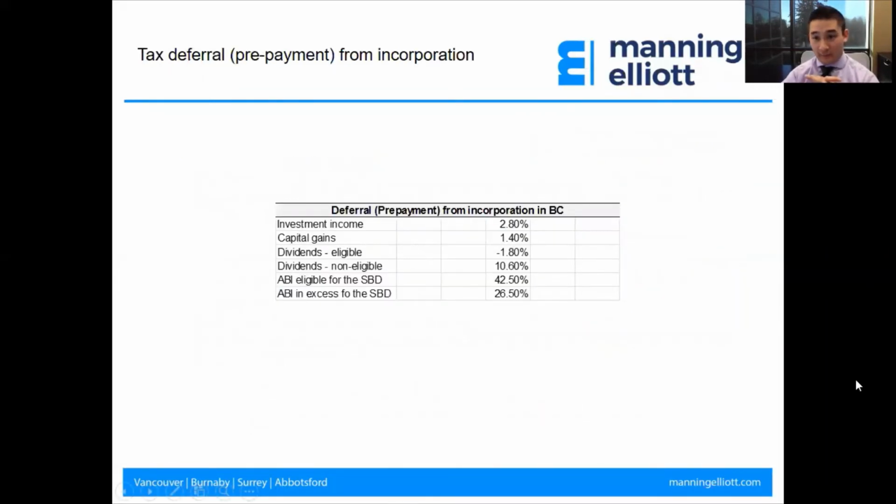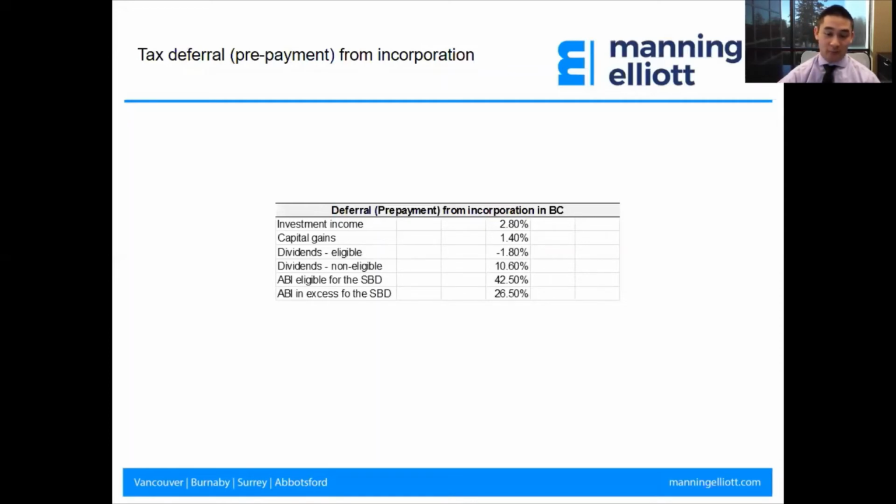Here's a summary of the deferral opportunities in BC when earning income in a Canadian controlled private corporation. So for passive investment income, there's a 2.8% tax deferral opportunity. Capital gains are taxed at 50%, resulting in a 1.4% tax deferral opportunity. Eligible dividends